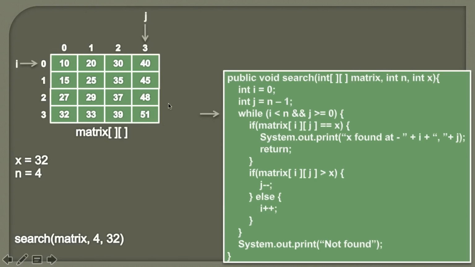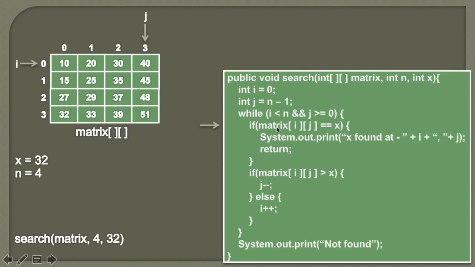So friends, as we want to search for value 32 inside this matrix, we are providing a while loop. In this while loop, we are providing the boundary conditions of the matrix so that the values of i and j do not cross over the matrix boundary. So as i started from value 0, we will iterate it to a value lesser than n. And we are also providing a boundary condition for j that it has started from 3, and it should go till index 0. So currently you see i is less than 4 and j is greater than 0, so the condition in the while block comes out to be true.